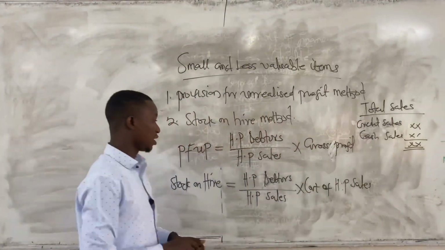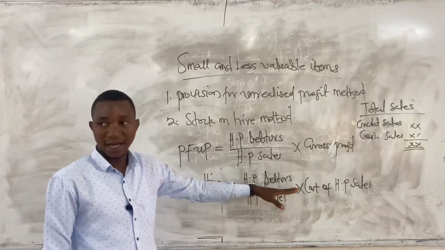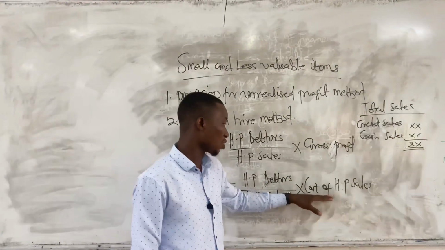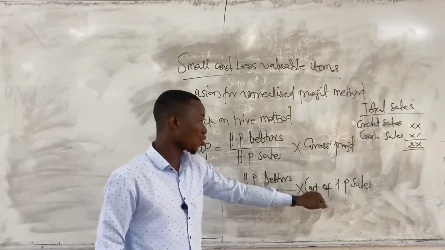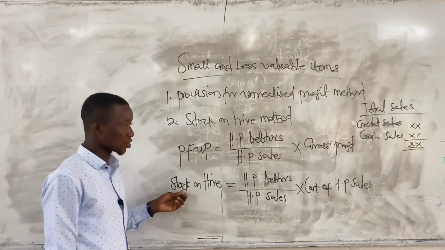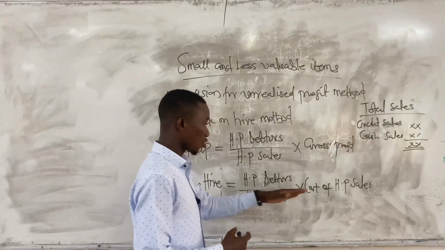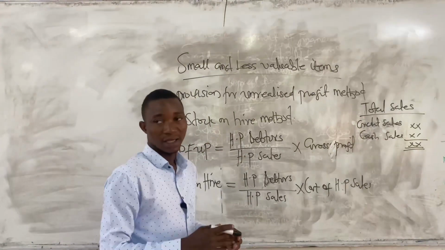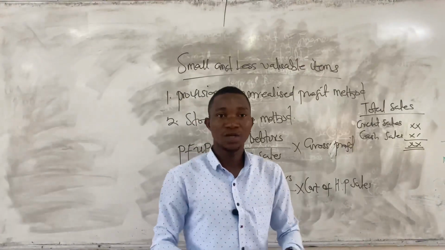That is, we divide the hire purchase debtors that is not paid at that point in time divided by the hire purchase sales. Then we multiply it by the cost of hire purchase sales. Here we are multiplying it by the cost of hire purchase sales because stock is valued at cost. Okay, so we multiply it by the cost of the hire purchase sales in order to determine the stock on hire. In this sense, when we arrive at the gross profit, that gross profit will be the true gross profit